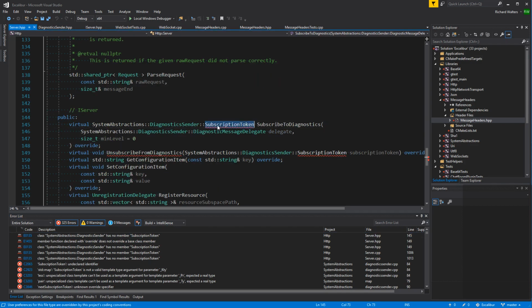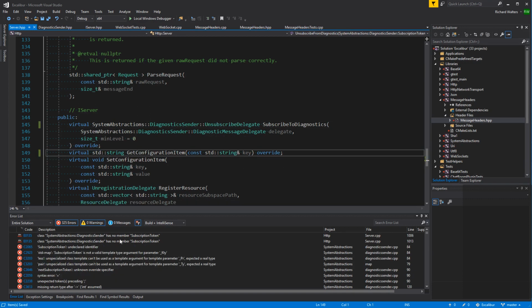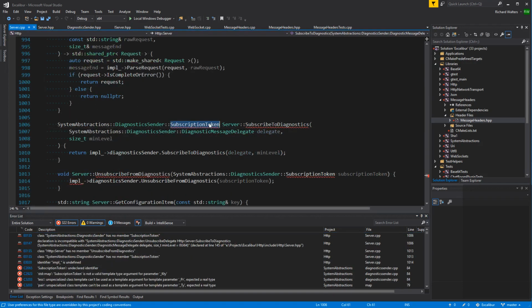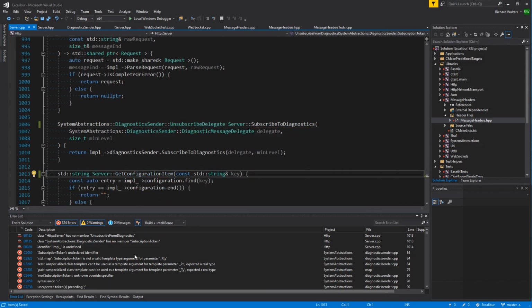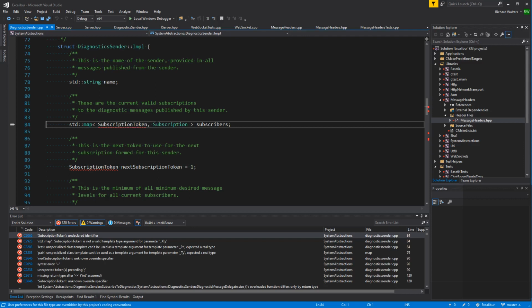Here's another place where we remove that. And another place. Yeah, so that's just a forwarder, so that will work. Yeah, here I don't think we need a token anymore. Oh no, we still need a token internally, right?